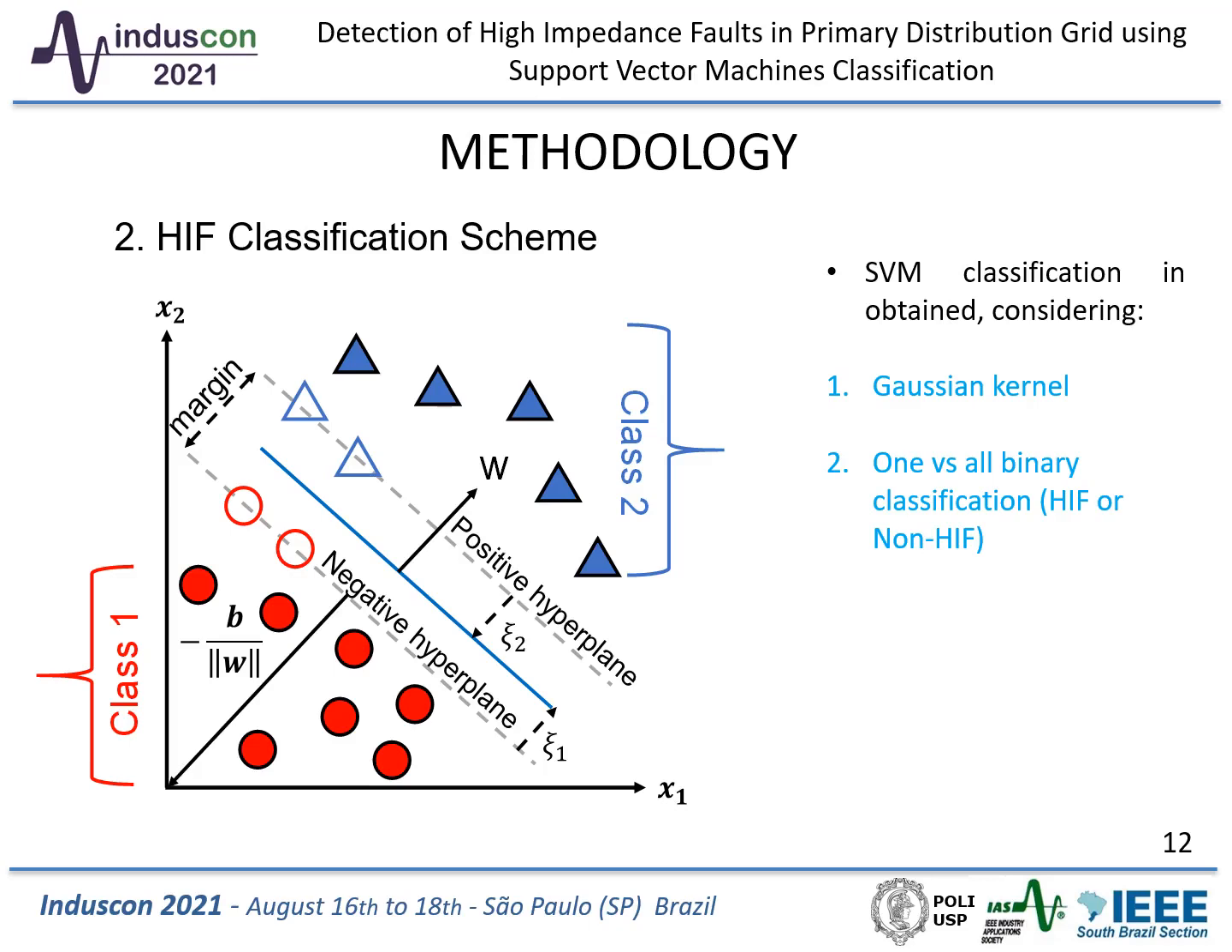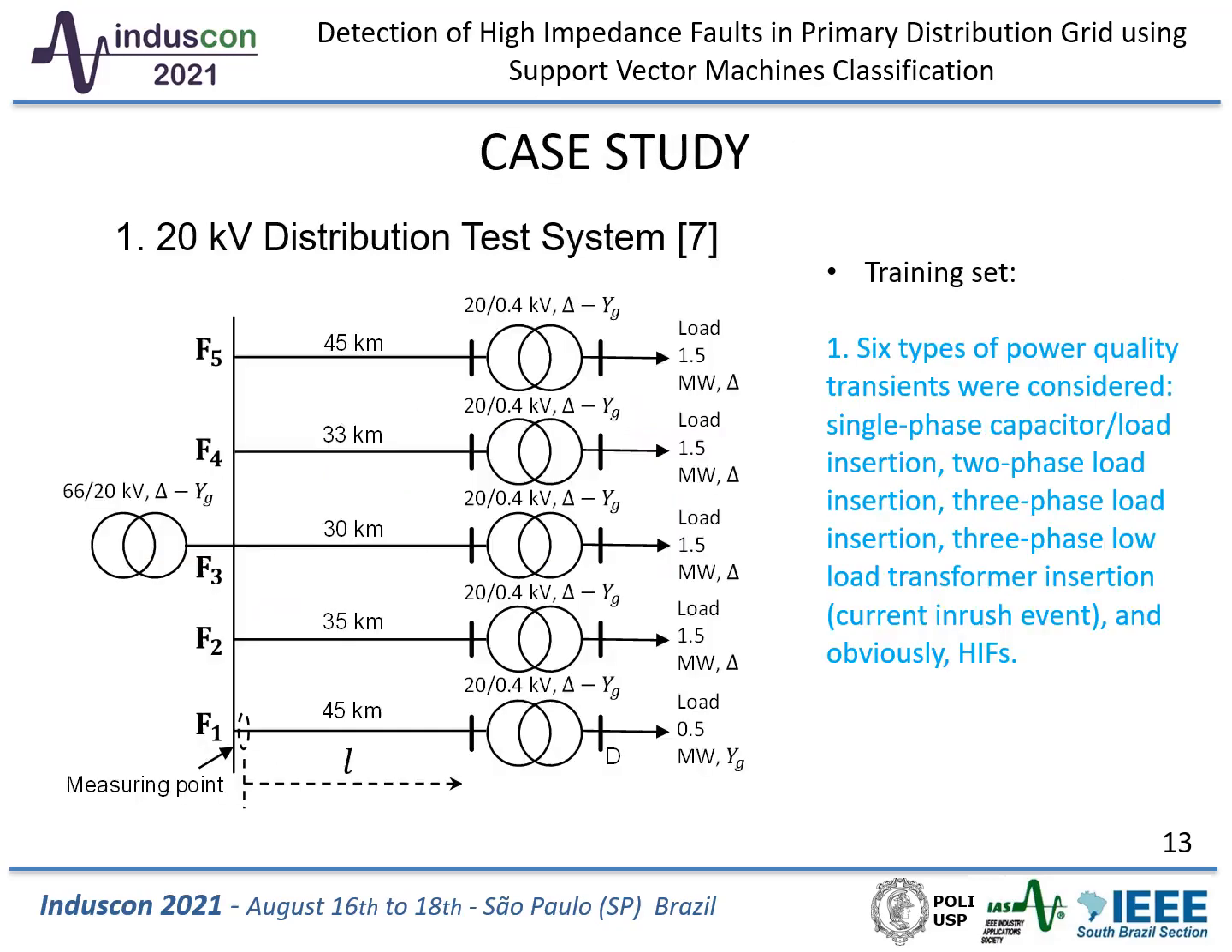This paper proposes a nonlinear Gaussian kernel function, and the SVM algorithm is intended to classify only two distinct classes, labeling them as HIF or non-HIF in a one-versus-all manner. The picture below depicts the diagram of the 20 kV distribution test system simulated in the SimPowerSystems environment in